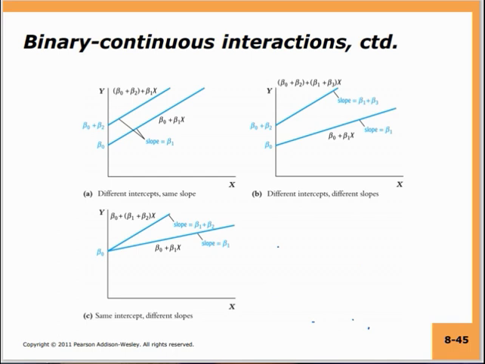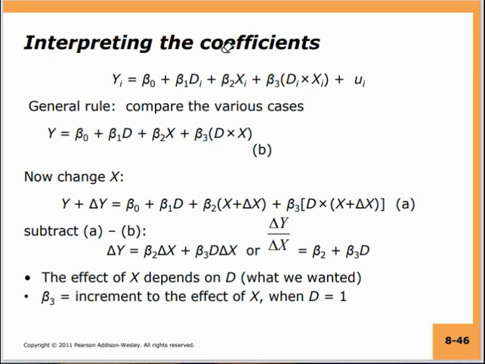So now we interpret the coefficients. The general rule is to compare the various cases. So we compare the case where d changes from 1 to 0. So when d changes from 1 to 0, y plus delta y is equal to, when d is equal to 0, you have